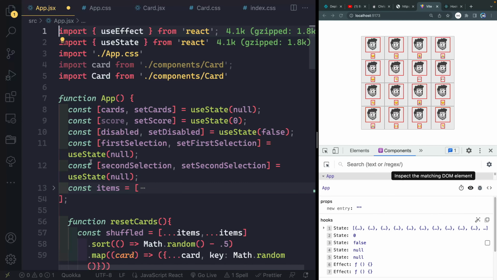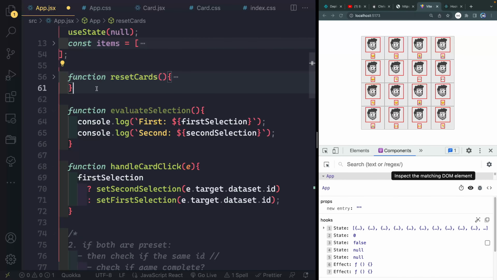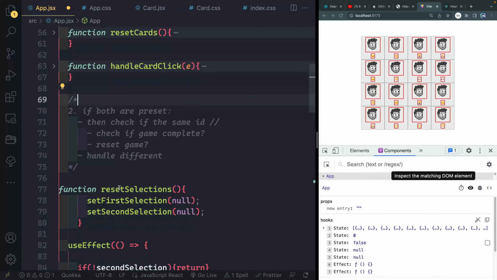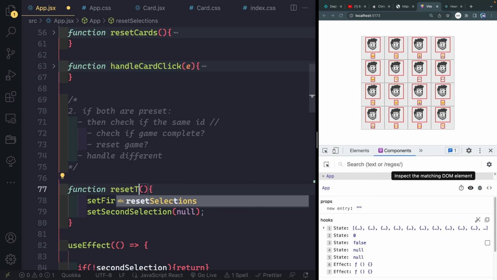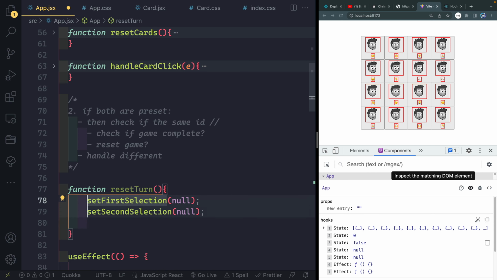So we've got this reset cards. This will be for like the game ending. This evaluation is going to happen inside the use effects, so we can get rid of that. This just handles when it's clicked. This reset selection, maybe we call this like reset turn or something like that. And then these can reset both of those. It also needs to, is this where I'd have,